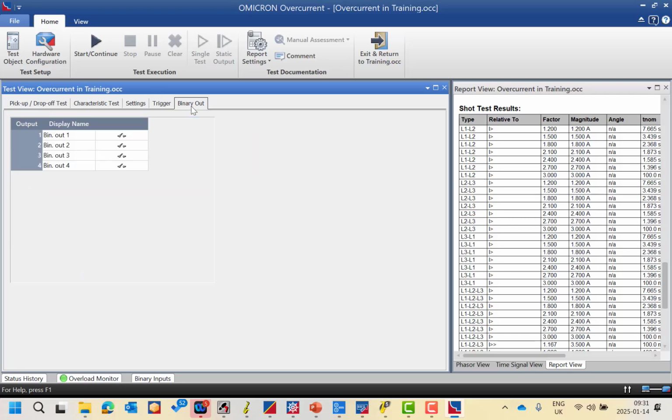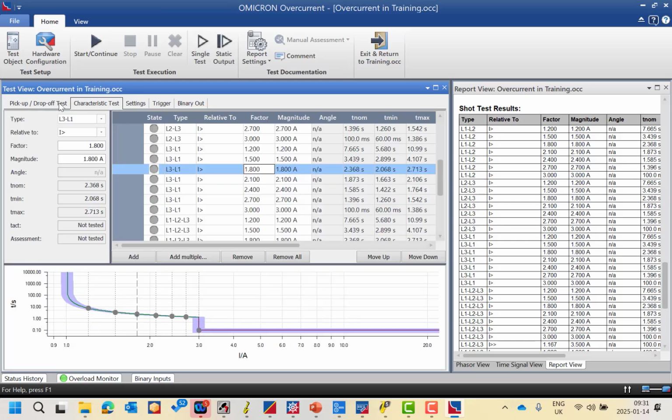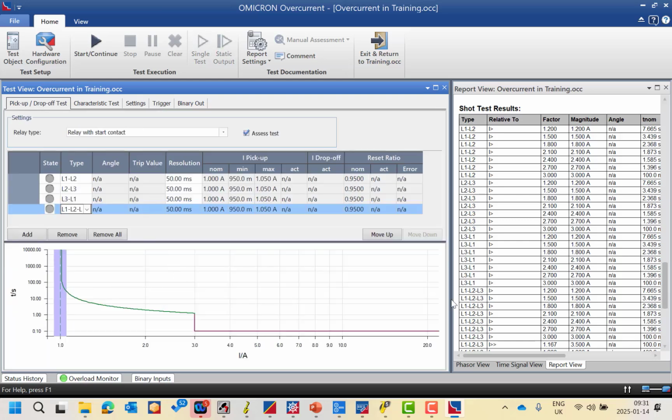For the binary output, there is no need for any binary output in this case, because you are testing the overcurrent and earth fault. But in some cases, like switch on to fault and many more applications like distance characteristic, you can simulate any kind of binary output to be connected to the relay binary input to simulate this kind of scenario. Okay. Now you are ready, and you can start the characteristic in the offline mode or the online